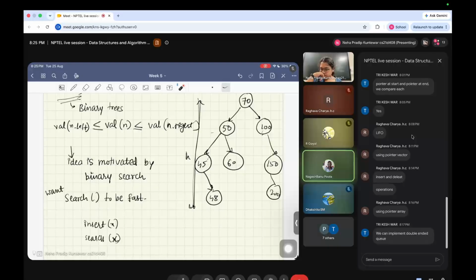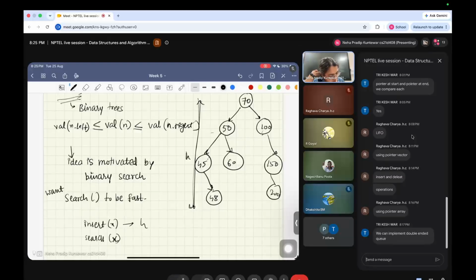If h is log n, then it takes log n time. So this is h. I think all of you are probably familiar with the fact that if a tree is full, in the sense that every node has at most two children, then the height of a tree with n nodes is log n. So if T is full,